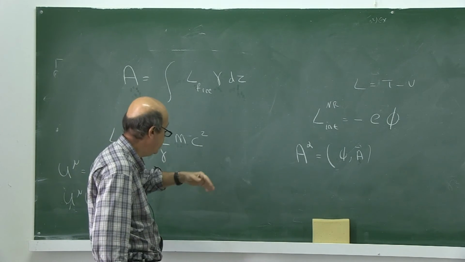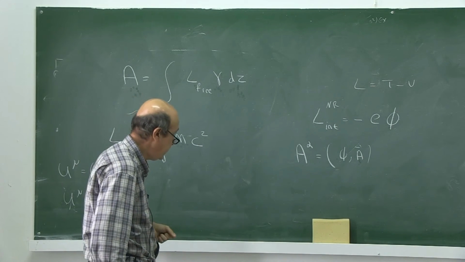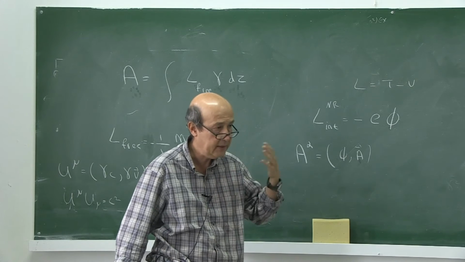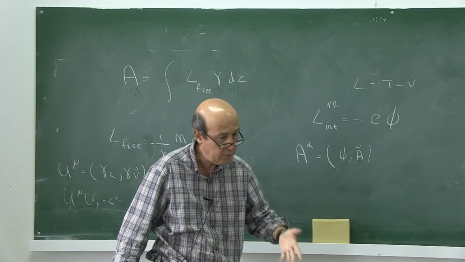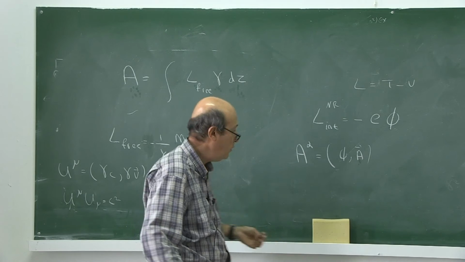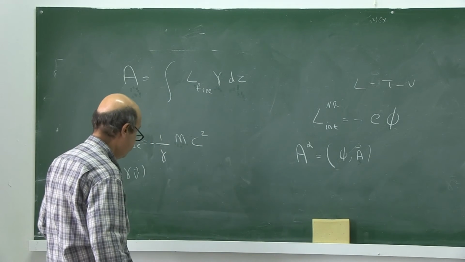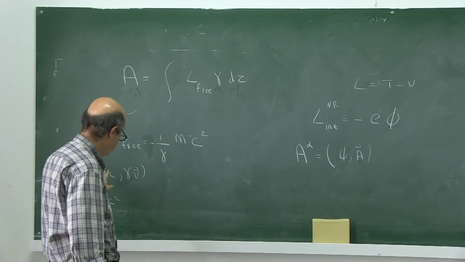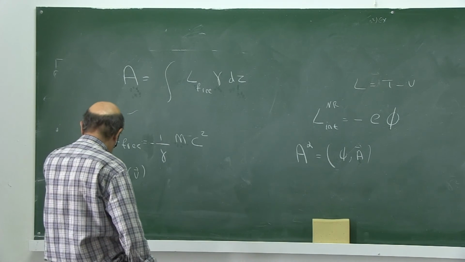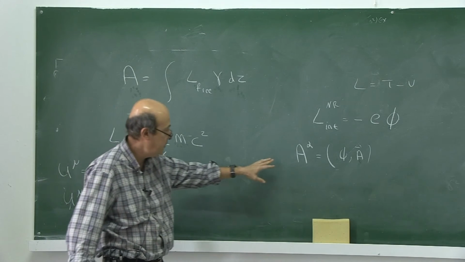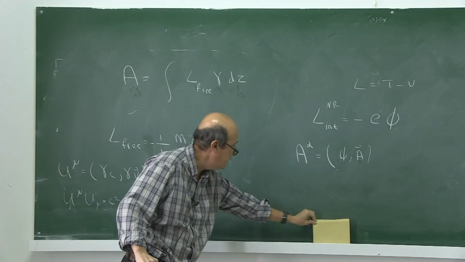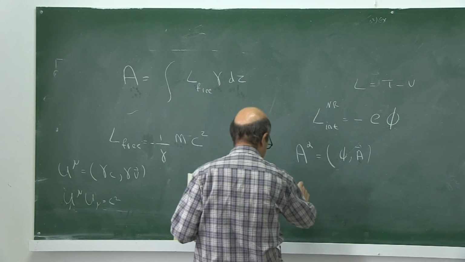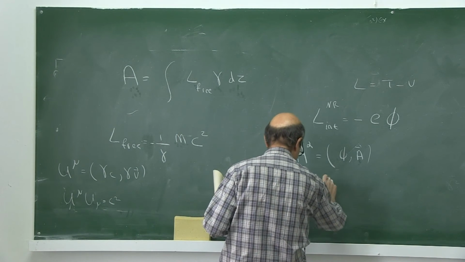If you find a Lorentz scalar such that the action doesn't change, you can write the equation of motion and show that the equations of motion are covariant in all inertial frames. So far the tools are the 4-velocity and the 4-potential. If you take the scalar product of u alpha and A alpha,